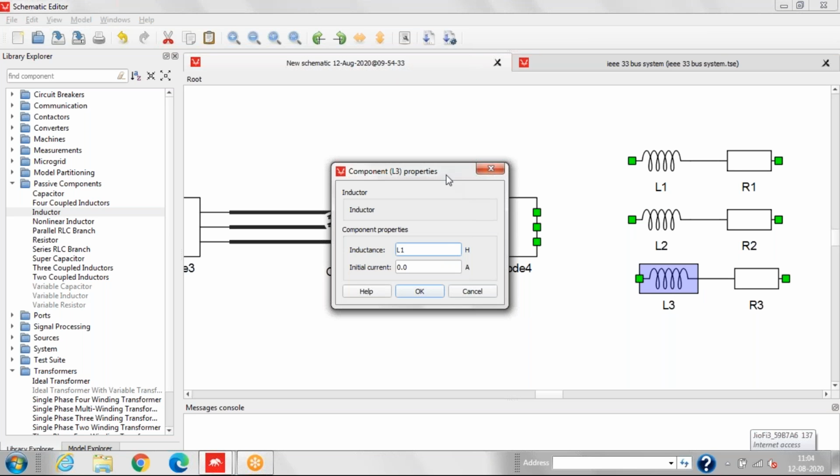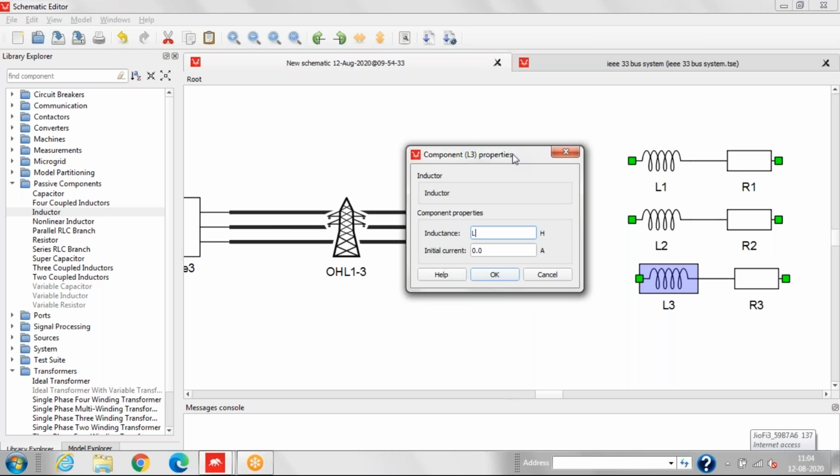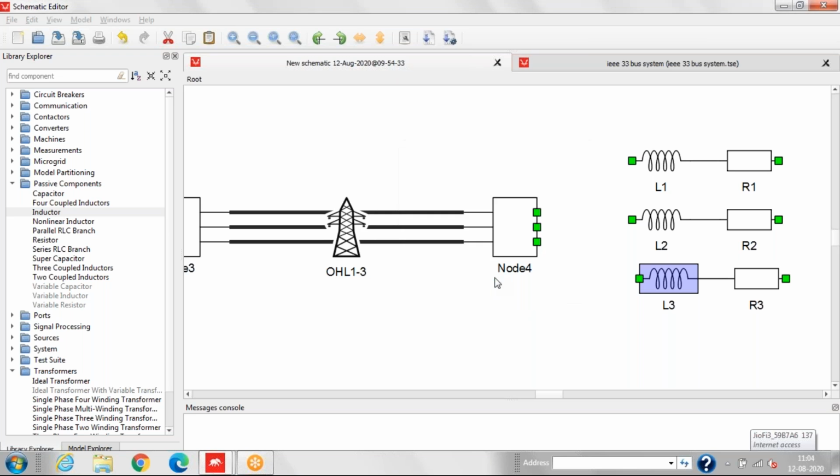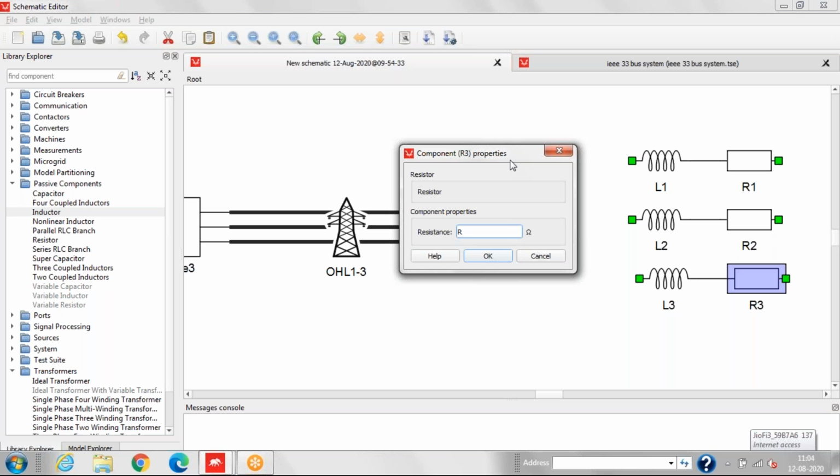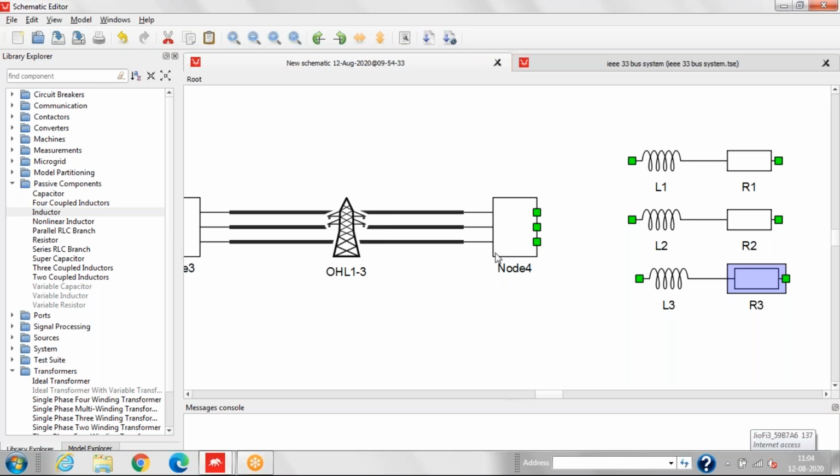Similarly, we'll provide the inductance and resistance as R1, R2, and R3, and L1, L2, and L3, and later this will be defined in the model initialization.